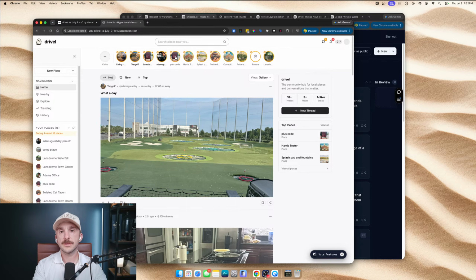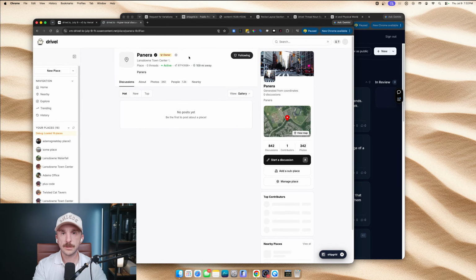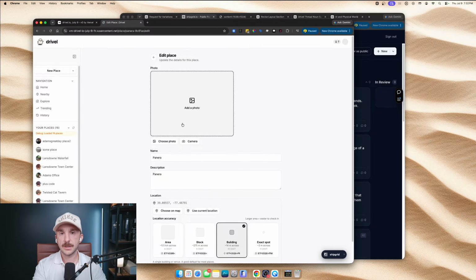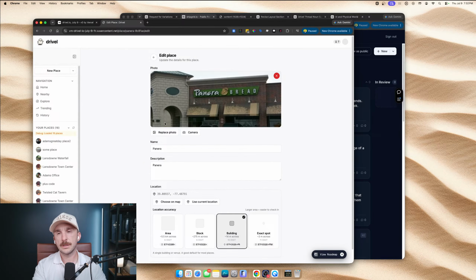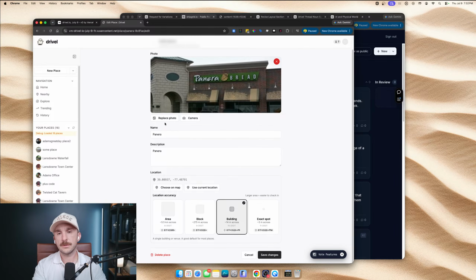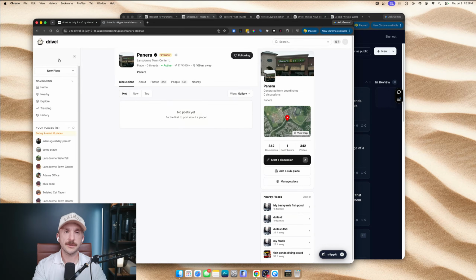I like that I can do this. I do kind of like the idea of having it in the middle of the page, though. I think that's cooler. Panera, sweet. We got our thing right off the jump. All right, so we're going to choose our photo. We're going to choose our Panera. Hold on. Why didn't it... Do I click replace photo? Weird. Is it going to do... No, it's not. Okay.